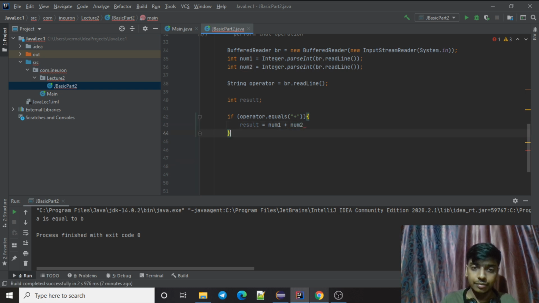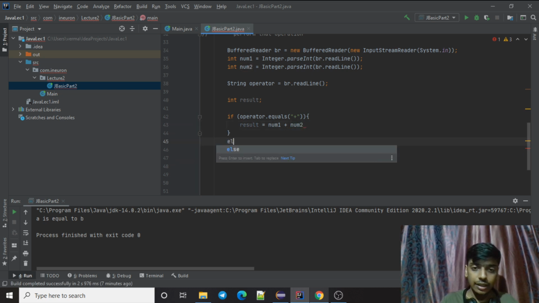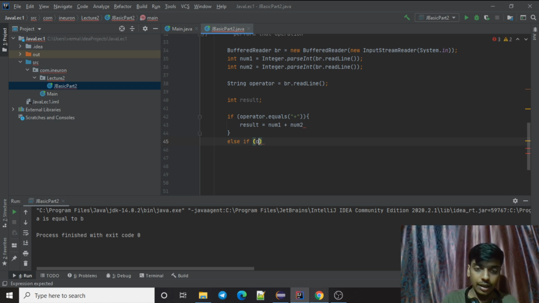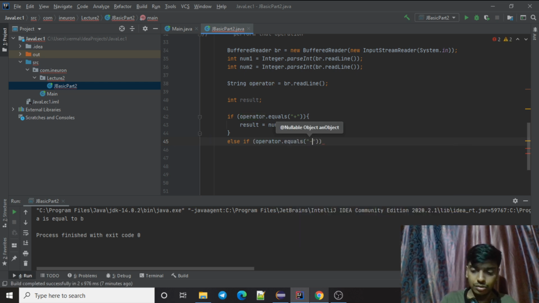Great. If it is not equal, then else. You can also use if else and then nested if else inside that. I don't want to use nested because that will not look good, so I'm not using it.